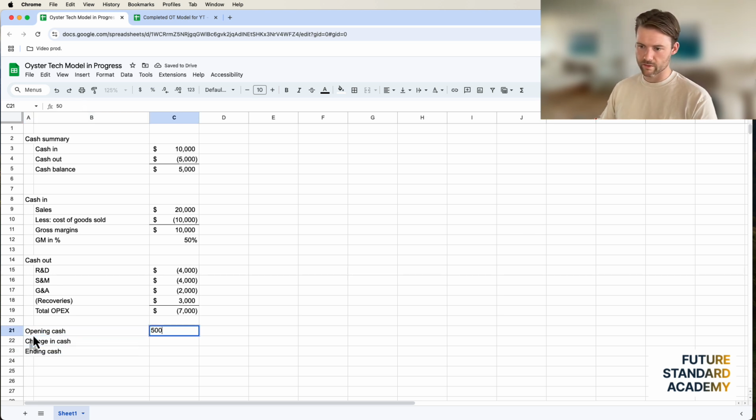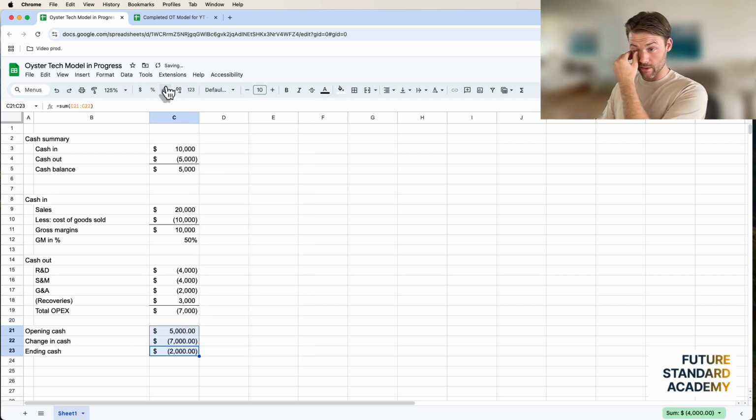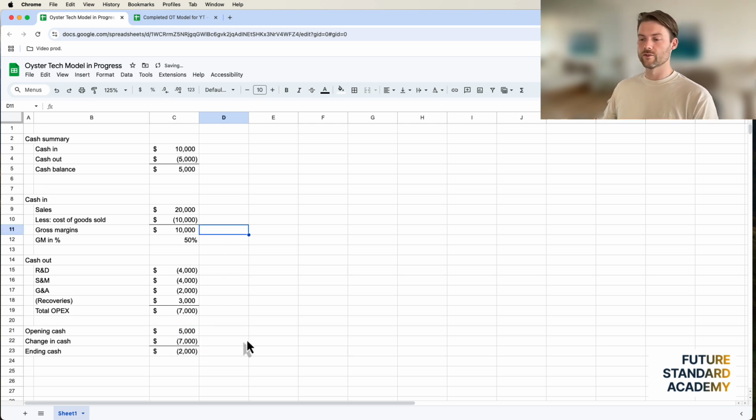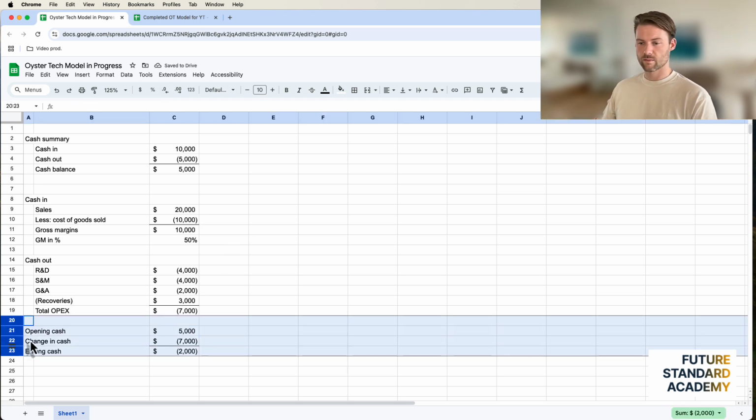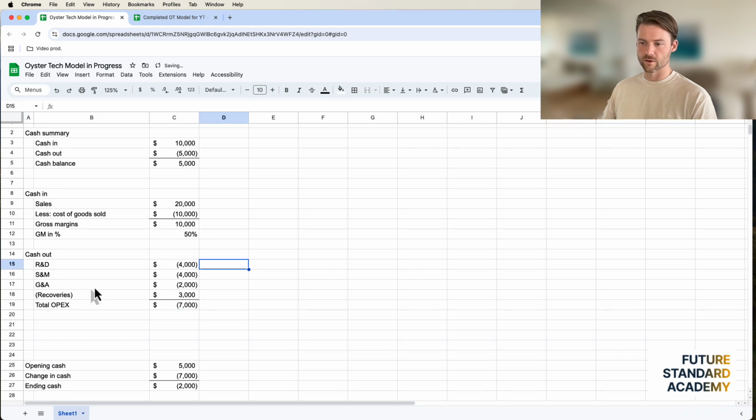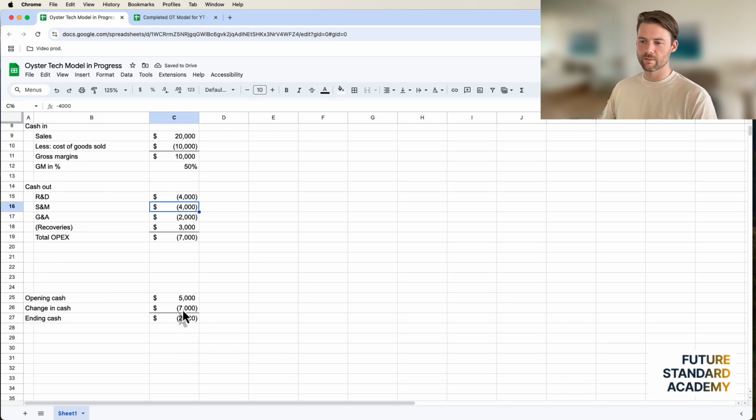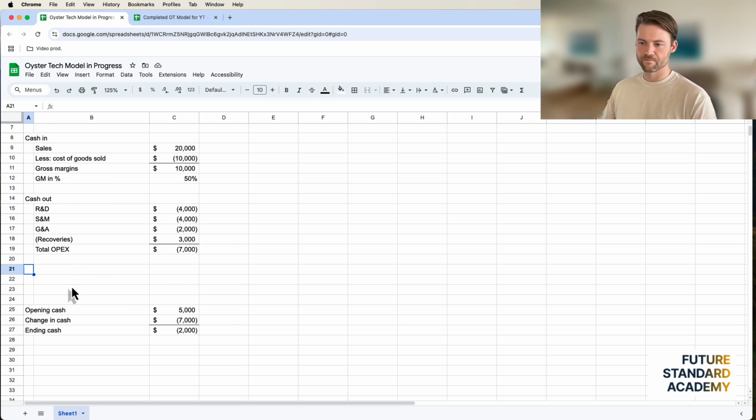Okay, so opening cash, maybe there was $5,000 in the bank. Just lost 7,000. I'm doing this in real time here, so we'll see what this looks like. So we're going to end up with negative 2,000 in the bank, which is not possible because you can't really go negative unless you got some serious overdraft, which is probably not good to get into so early on. So the question becomes, well, if we're going to be in the negative, what can we do, right? And that's where we're going to get into, of course, some financing. This is where it all comes back to.